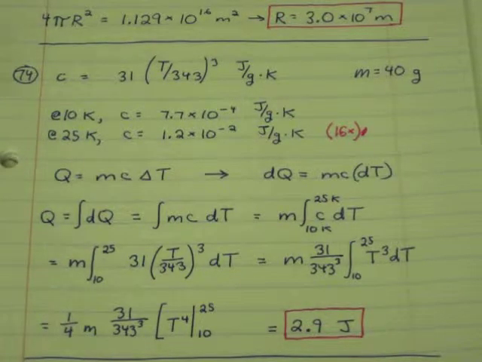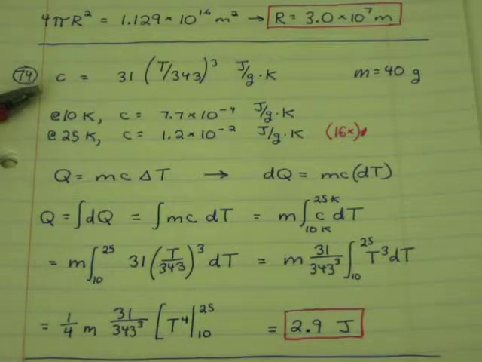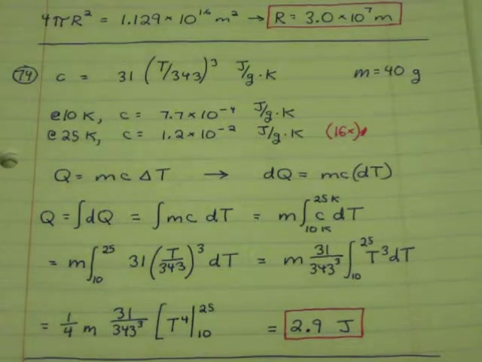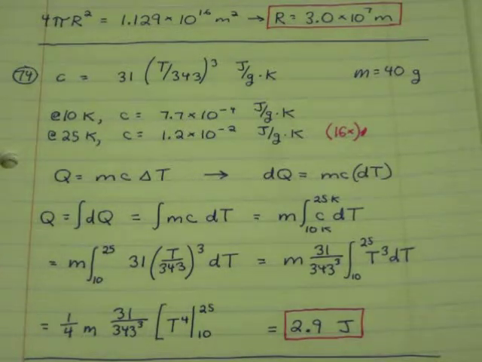So for copper, it says C equals 31 times (T over 343) to the 3rd power, and that's given in joules per gram Kelvin. So be careful of these units. Joules per kilogram Kelvin would be the MKS units, but this says joules per gram Kelvin, so we'll go with that. Integrate the equation, dq equals mc dt, to find the heat required to bring 40 grams from 10 Kelvin